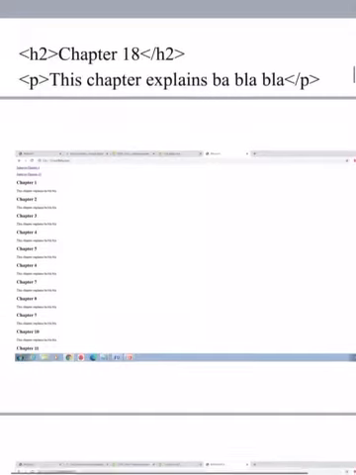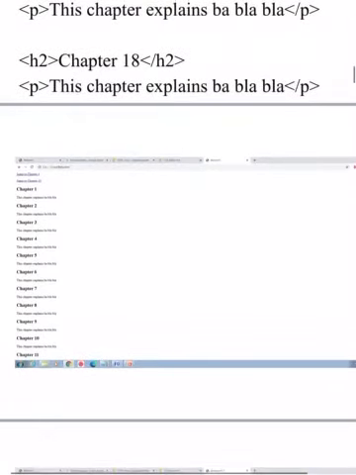When those are activated, see in this output we got jump to chapter 4, jump to chapter 10, as the two hyperlinks have been created, and the text chapter 1, 2, 3, 4, 5, 6, 7, 8, 9, 10 and 11.